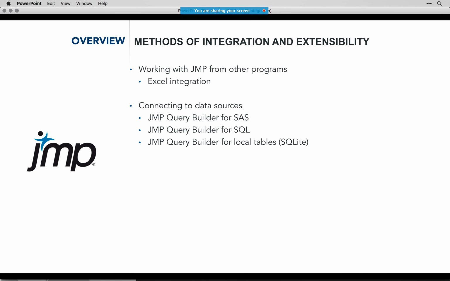And the first section is connecting to data sources. So ways that JMP can connect out and pull your data in. And there's three that I'll just mention and talk about briefly. The JMP Query Builder for SAS. So if your data lives in a SAS database, using JMP, you can actually connect to that SAS database and pull the data down directly. And using the Query Builder is a wonderful way of doing this because it simplifies all the writing of SQL for you. And in fact, if your data lives in a standard ODBC compliant database,